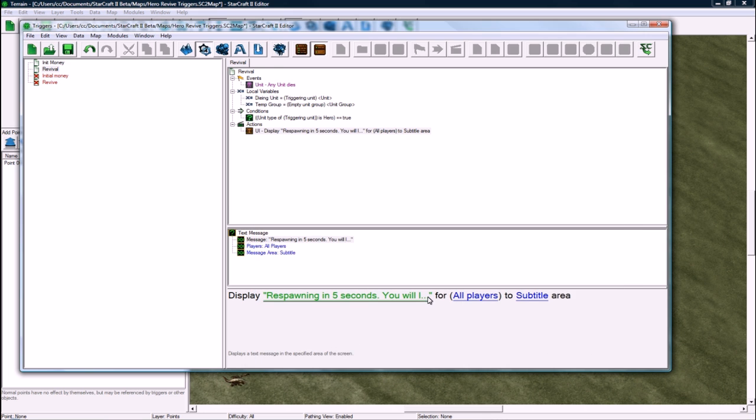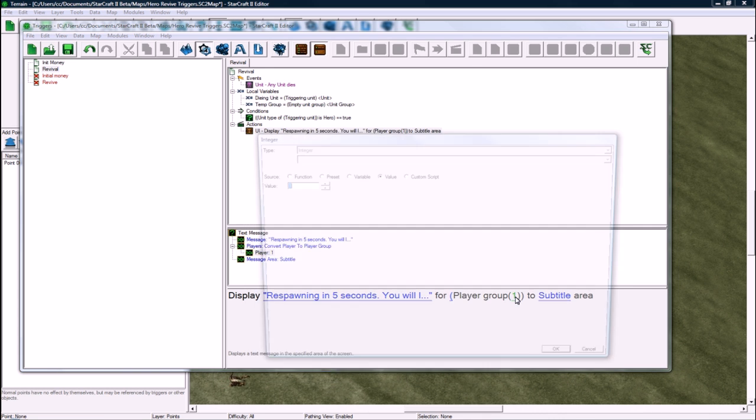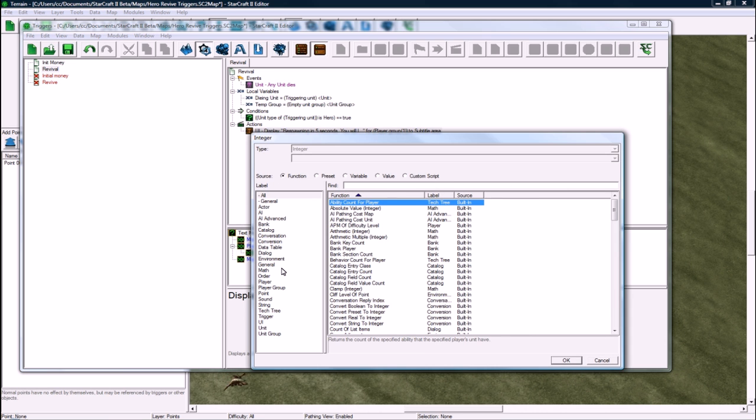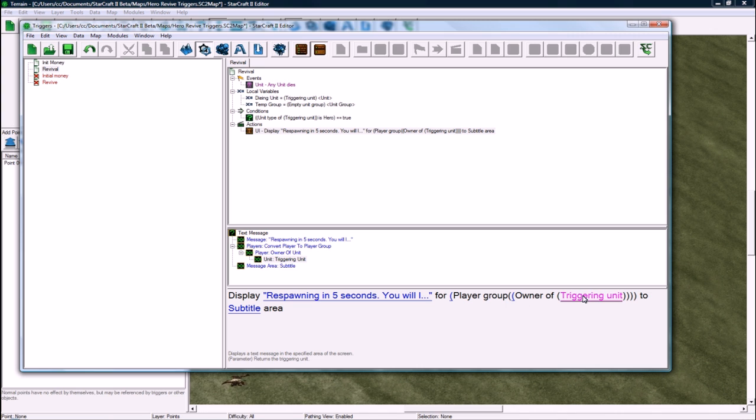Okay. And for all players, we want to change that to convert player to player group, and change this to player. Well, we'll leave it at 1, but you could change it to function unit owner of unit. Change it to owner of triggering unit. And let's copy paste, and let's